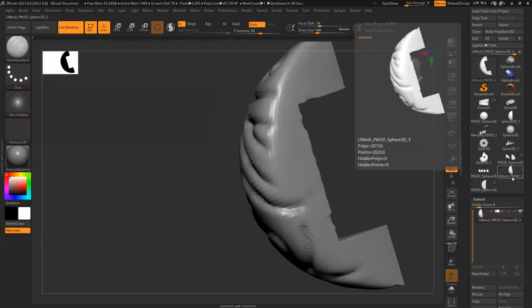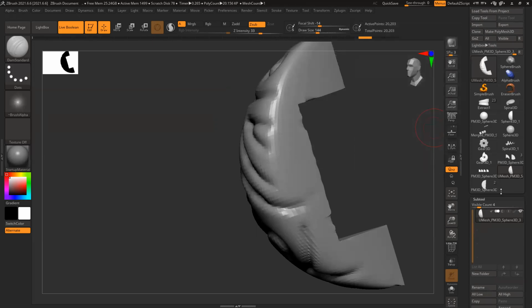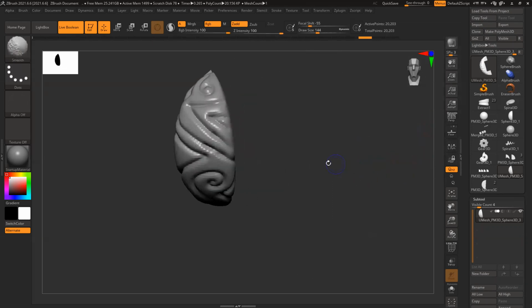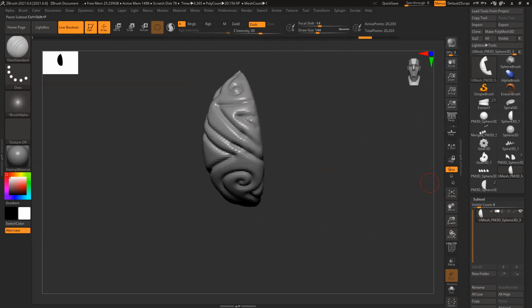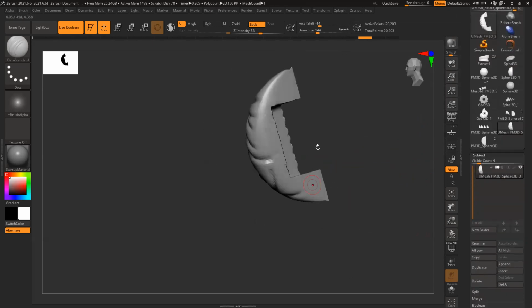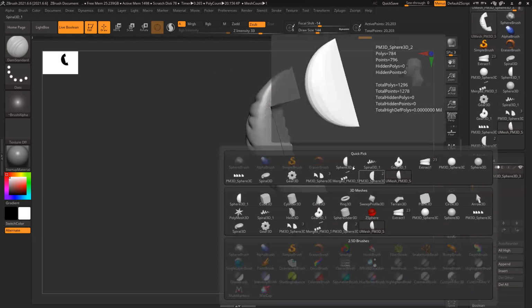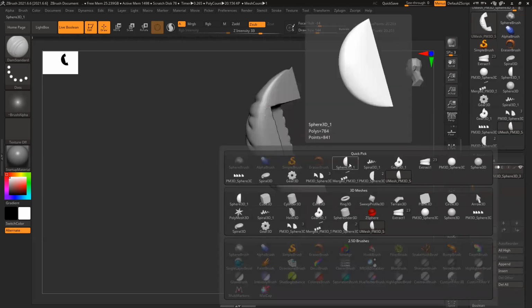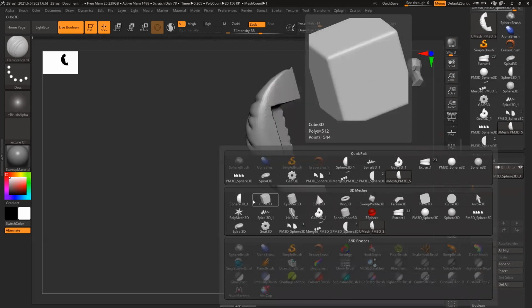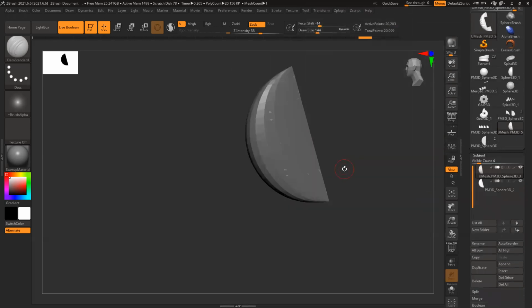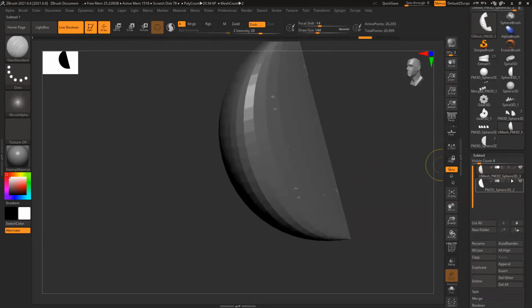I needed that Boolean model. Okay, I deleted it accidentally. I needed this Boolean mesh only. So, anyways, same only. Okay, so this is my model.